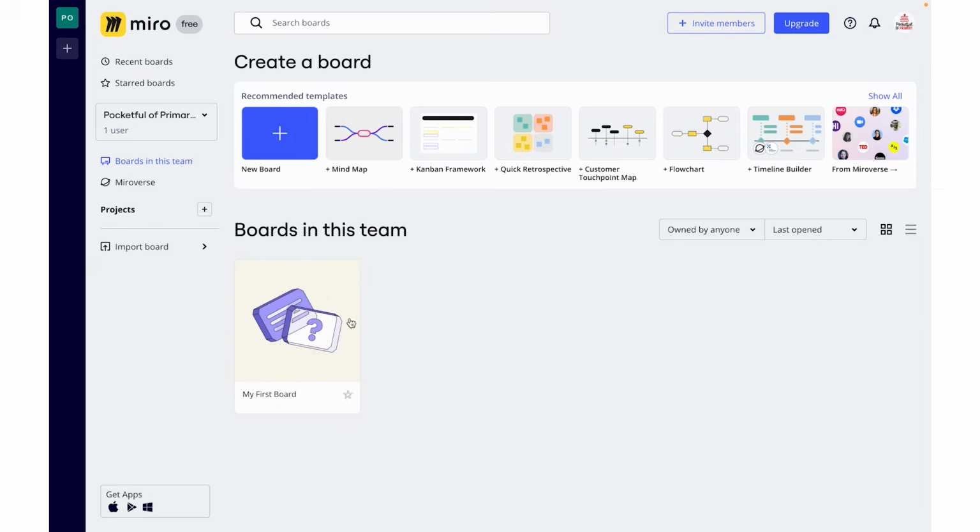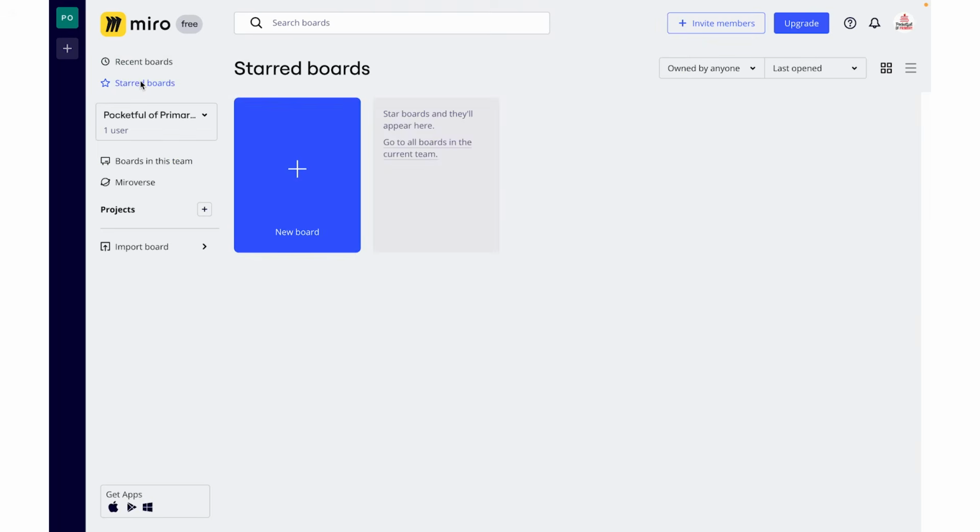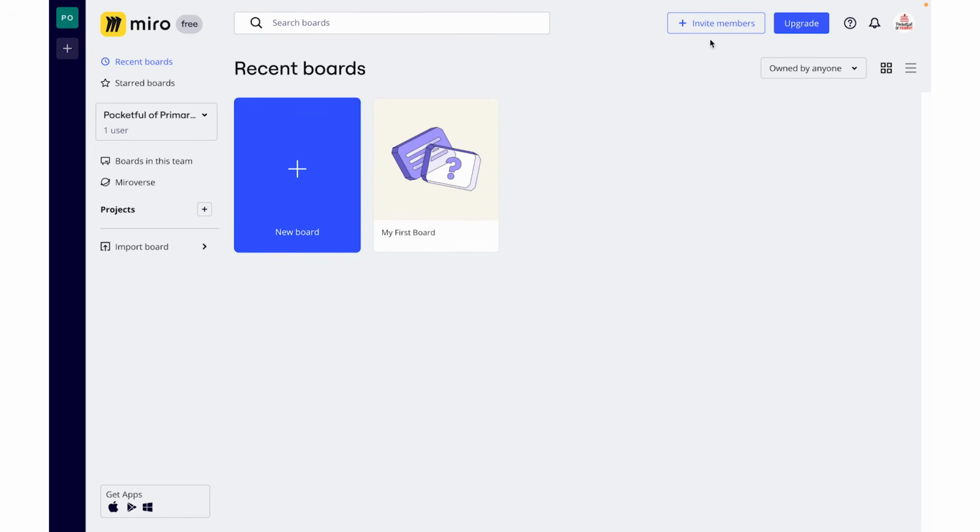Otherwise, you will see all of your boards listed. You can go to recent boards, and then you also have the ability to star boards, so they will show up in that starred section. It's like a bookmark section. You also can search for your boards and you can invite other members. So if you're collaborating with team teachers, you might add them onto your team so that you can share and